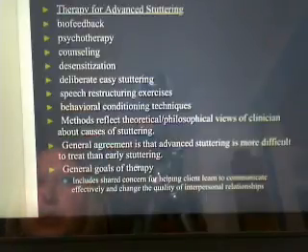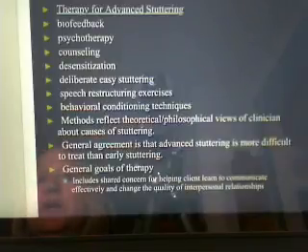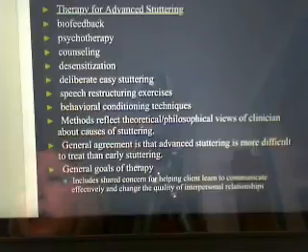I mentioned earlier that more chronic or advanced stutterers have biofeedback as a strategy that's used more in a clinical setting with equipment. Some other strategies could be the use of psychotherapy to really work on the anxiety associated with stuttering,